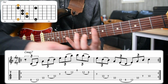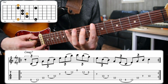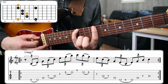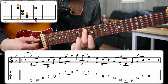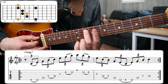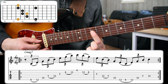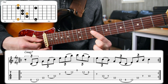So at the beginning, we're starting with major 7, so I'm reaching from the 8th fret, I'm on a C major 7. All of these are going to be starting from C on the 6th string. So I'm reaching from the 8th fret 6th string to the E at the 12th fret 6th string. I'm going to play one note on the 5th string. This is a G. So here we have beginning a triad, 1, 3, 5. Now my major 7 is B here, so now I've got a major 7 arpeggio,